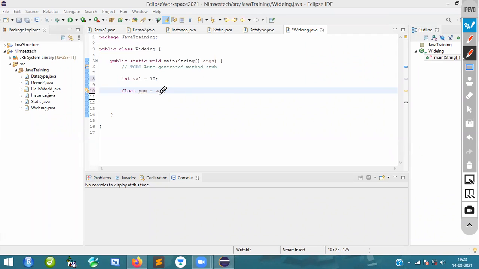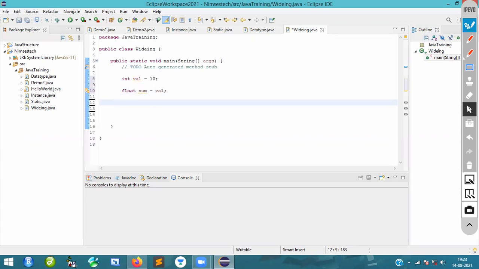It is taking some value 10 and giving it to number, that is a variable. Yes or not? The variable type is different here, float type. Immediately it will convert this integer type into float type. This is what you need to understand. I am giving an integer and converting it into float. When you do this, the compiler implicitly understands very clearly that it has to convert this integer into float.